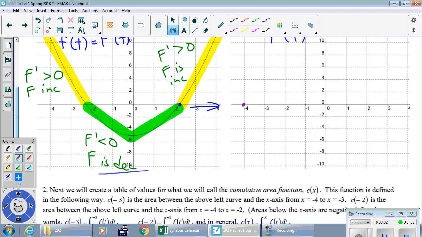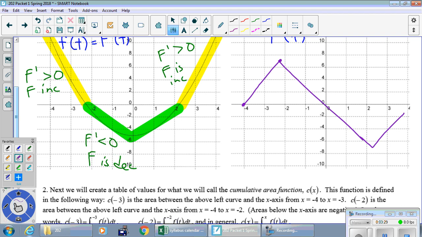So let's graph over here something that is increasing until, sorry, I said 2.2, I meant -2.2. So something like that. And I'm stopping right there at around -2.2. And then it needs to be decreasing until +2.2. So we're going to draw something decreasing until around there. And then it's supposed to be increasing the rest of the way, something like that. So that is a very rough sketch